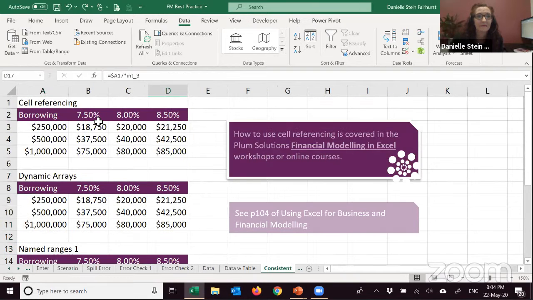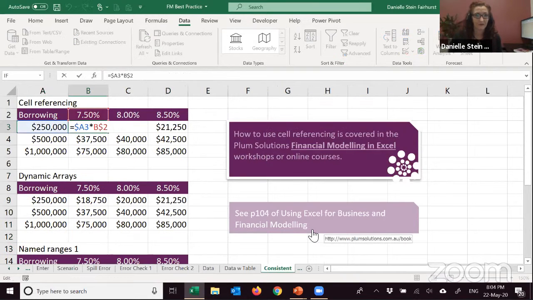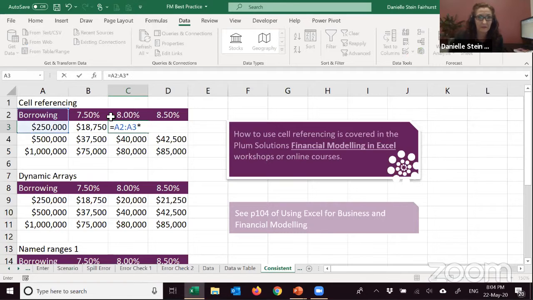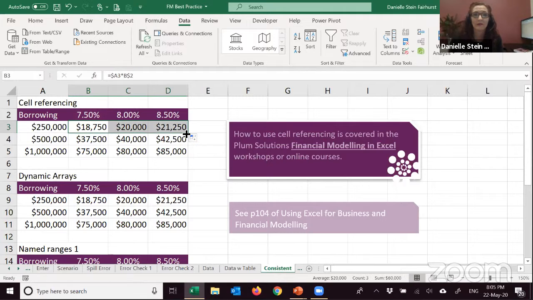So let's say here, if I say that multiplied by that, instead of going like this, that multiplied by that, and then I would have to go equals that multiplied by that, and instead of having to do that each time, it is a much better practice to use your dollar sign. You can use your F4 shortcut to put the dollar sign in. If you put the dollar sign in front of the column, the column remains the same, and if you put it in front of the row, the row remains the same. And that way you can copy it all the way across and all the way down.